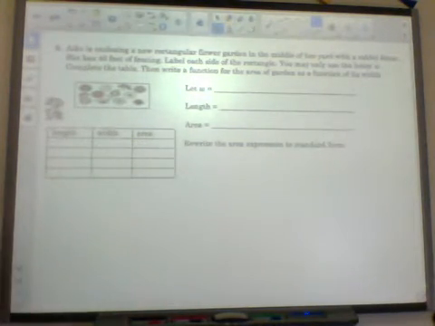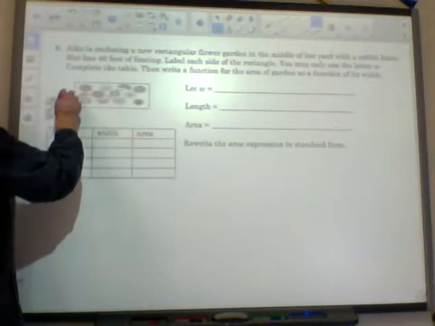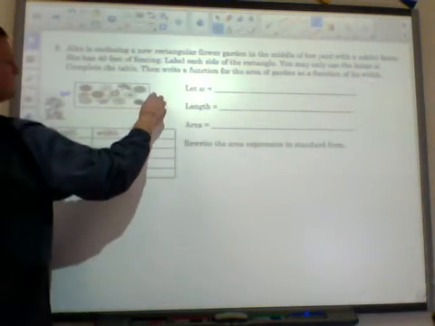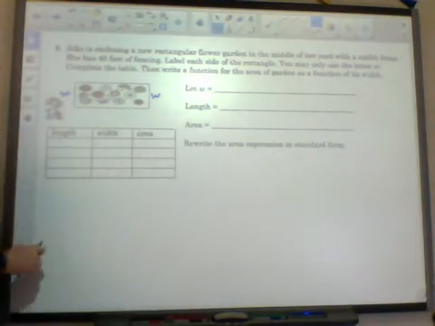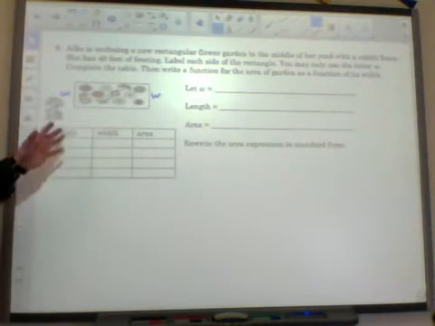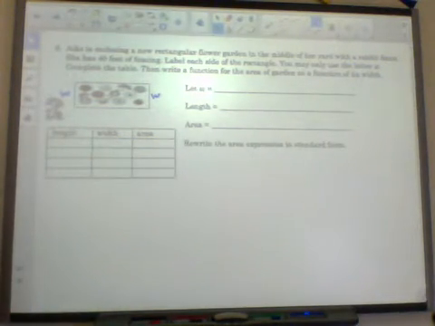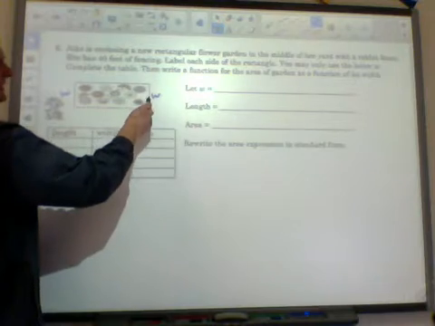All right, so they said ACO is enclosing a new rectangular flower garden. Now notice, she's putting fencing on all 4 sides. So she's going to have a W here for width, a W here. Now think about that. If I have 40 feet of fencing, what do I know that my 1W and my